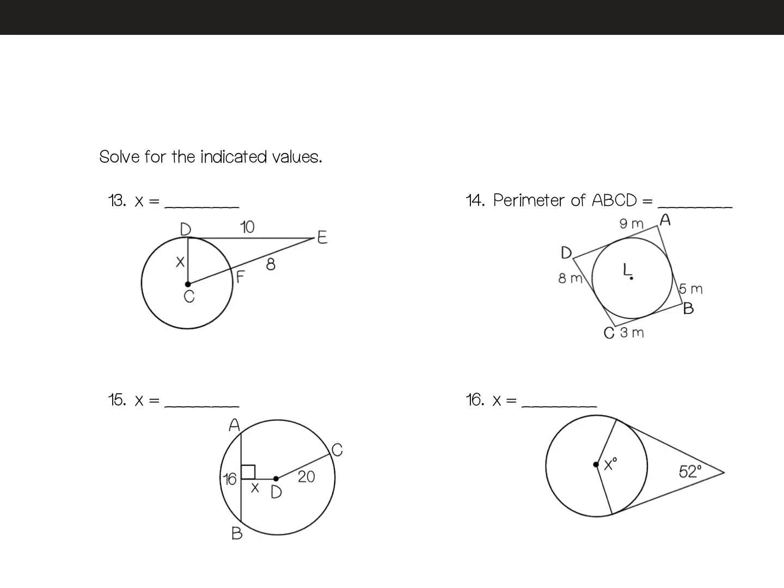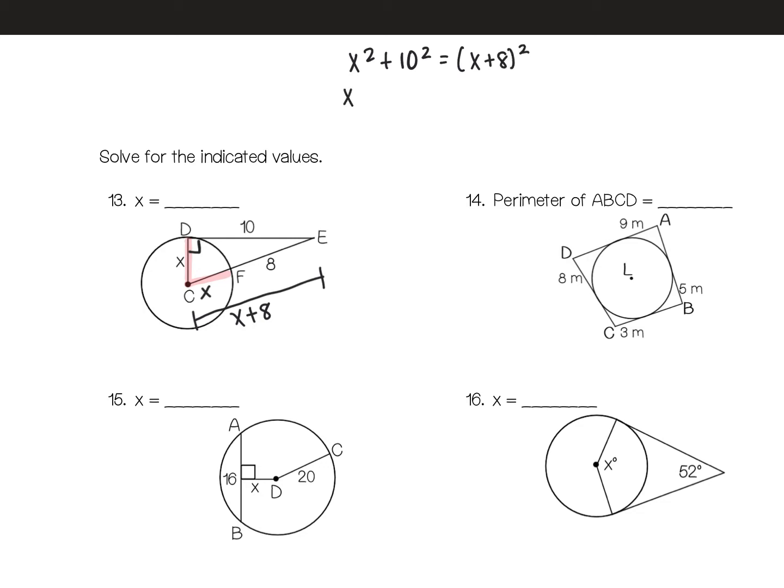For number 13, I'm starting by noticing that this is a radius, and I have another radius here. So those are the same length, which are both x. The length of the hypotenuse is x plus 8. And then since this is a tangent line, I know I have a 90-degree angle, meaning I can do Pythagorean theorem. The setup for this would be x squared plus 10 squared equals x plus 8 squared,